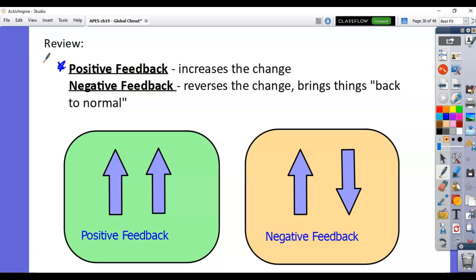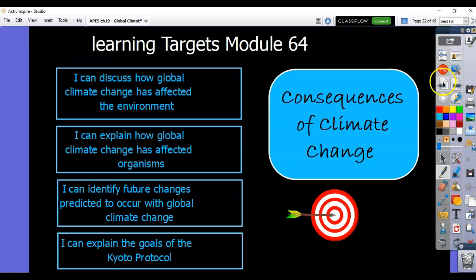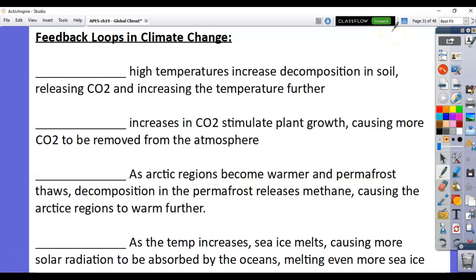So one of the examples that they often give, let's just make sure I have it on the next slide here. Oh, I do. So take a second and go ahead, pause the video, and I want you to write down if each of these is a positive or negative feedback loop. So I'm going to assume you paused the video. Maybe you did, maybe you didn't, but I'm going to go ahead and give you the answers here.